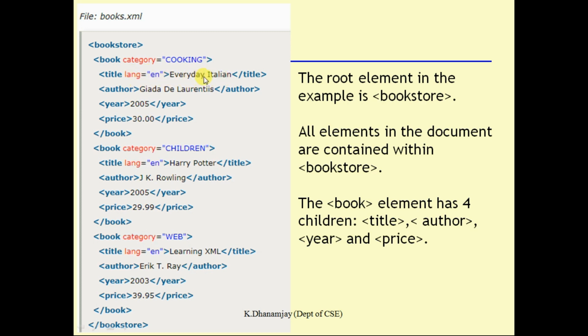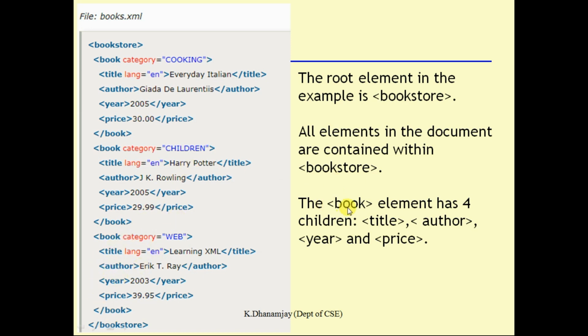For that book title, the author is some person, and the year in which it is published is here, with the price 30. So this is also something like bookstore information. You can print the same information. The same thing will be there for children's books. So Harry Potter and J.K. Rowling, 2005 and $29.99 maybe, or rupees. Okay, so like this we can have.